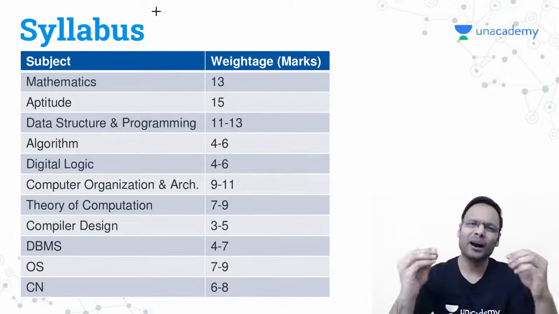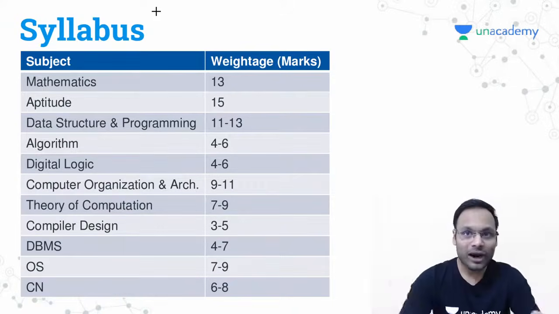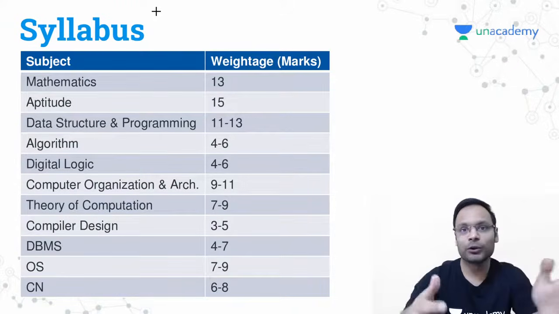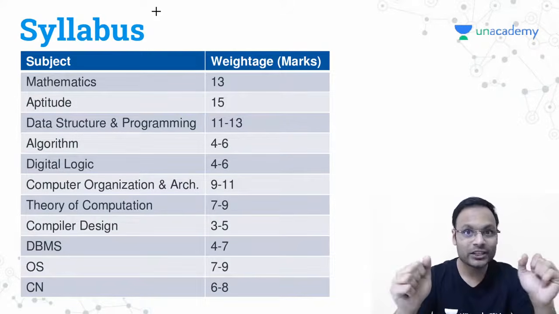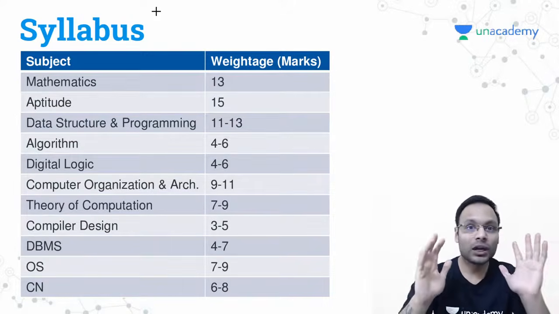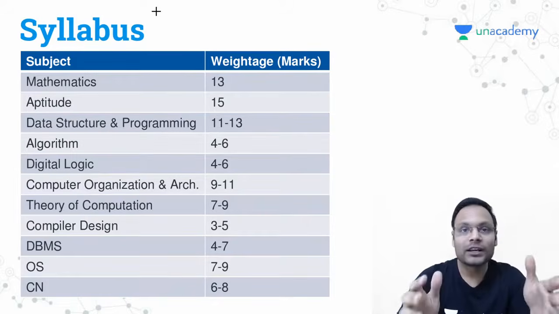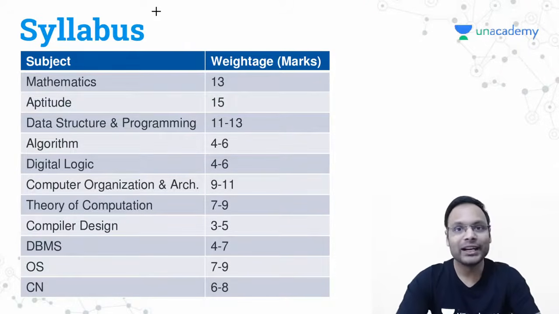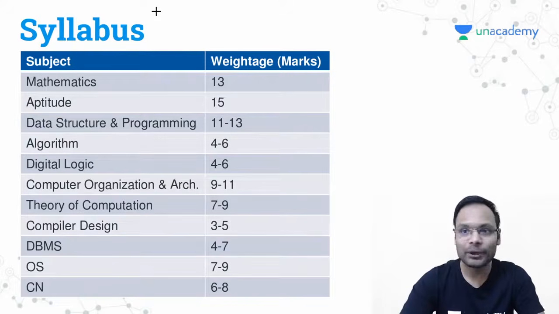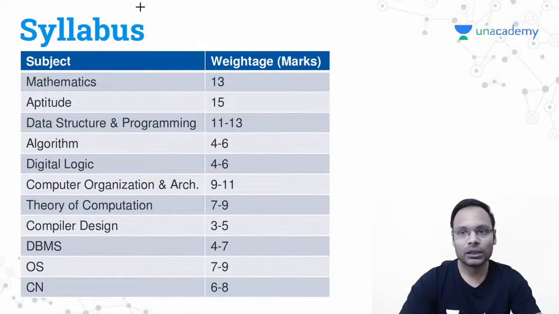Second type of people say, sir, we can't read books, we can't even read the books. If you can't read the books, it will be very, very difficult for you to go for masters in a really good college, just because there you will have to read something, maybe books, maybe reference books, maybe some kind of textbooks, or maybe some kind of research papers or journals you will have to read and you will have to understand. If you don't have the habit of reading, it will be really killer for you in the masters. So you need to start reading the books somehow. Please, if needed, definitely read the books.